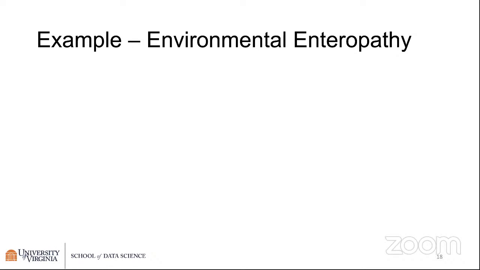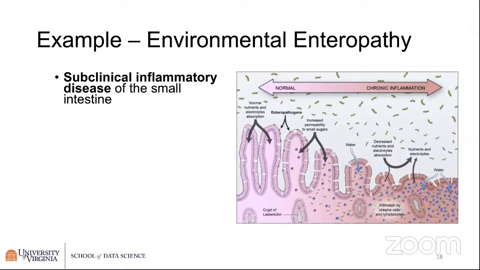Okay, environmental enteropathy. Environmental enteropathy is a relatively newly classified disease. It's only been classified in the last 4 years. It's a subclinical inflammatory disease of the intestine. And if you look at the right, you can see this notion of what's happening here. You can see that normally, on the left, we have a healthy representation where we've got lots of surface area that basically can absorb the nutrients that are coming through. And on the right, we have a non-healthy situation where we have decreased electrolyte absorption, we have decreased absorption generally.